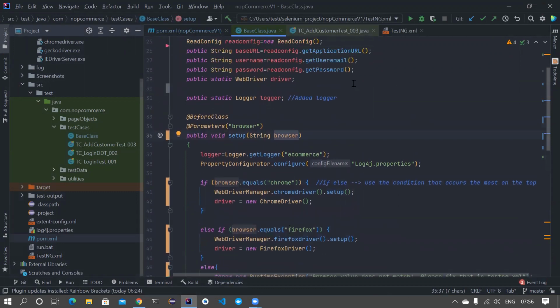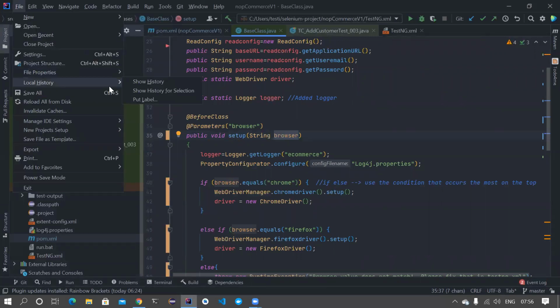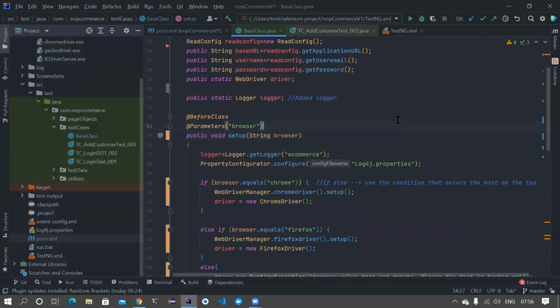So if you deleted something without knowing it, you can go to the file history, the local history, and then you can retrieve only the certain lines of code that you want, right? I see people normally don't leverage all these things. That's a problem, right? If you are a developer, if you are an automation engineer, you work with the IDE, so know about the IDE well. It is definitely going to help you and save a lot of time, right?